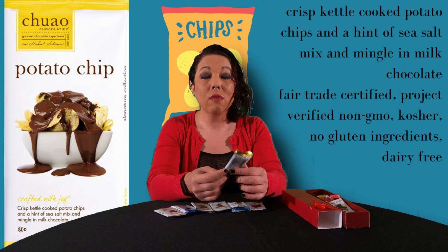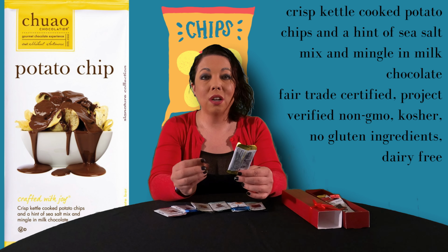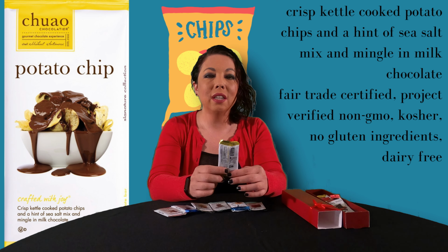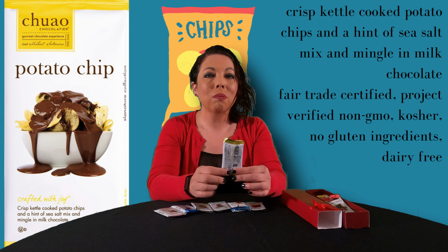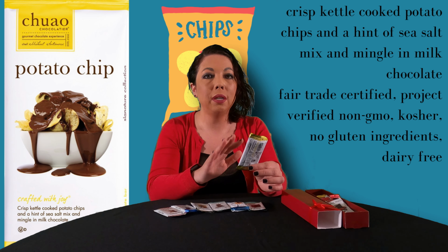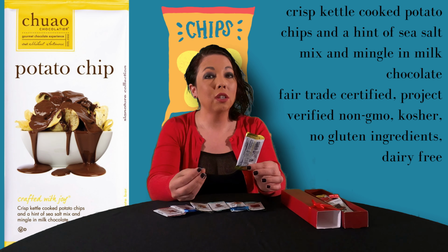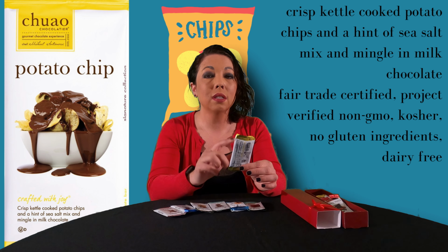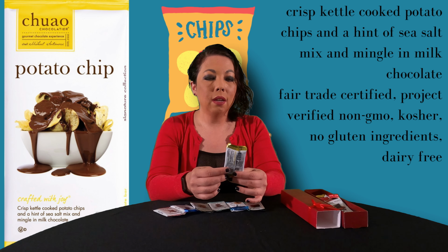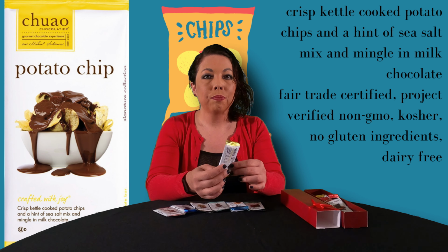Okay, this one's good. You can definitely taste the potato chip in there. And the milk chocolate's really good. So it's got that sweet and the salt. Oh, I love that. And it's funny because I tried it when it was in the refrigerator and the flavor wasn't as good, because they say when you eat chocolate, it should be room temperature, because if you leave it in the refrigerator or the freezer, it actually takes the flavor away. And I agree with that, because this has more flavor now that it has been at room temperature. Really good. I like the Spicy Maya a little bit more, so let's give this